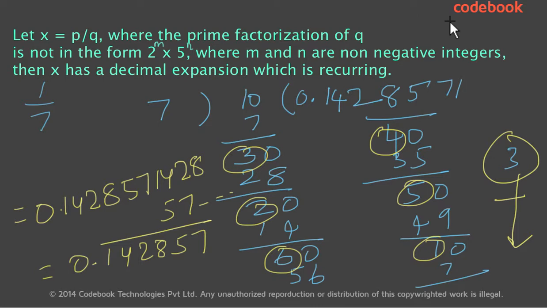So by this we have come to the end of this lesson. We have looked at 3 different theorems which will prove if a number is a rational number or an irrational number. If it is a rational number, what type of decimal expansion does it have? Does it have a recurring decimal or does it have a terminating decimal? So if you are given a number in the form of p by q, without doing the actual division, you will be able to now say whether that number will have a terminating decimal or a recurring decimal by just applying these theorems that you have just learnt. And we will see some examples in the next lesson.